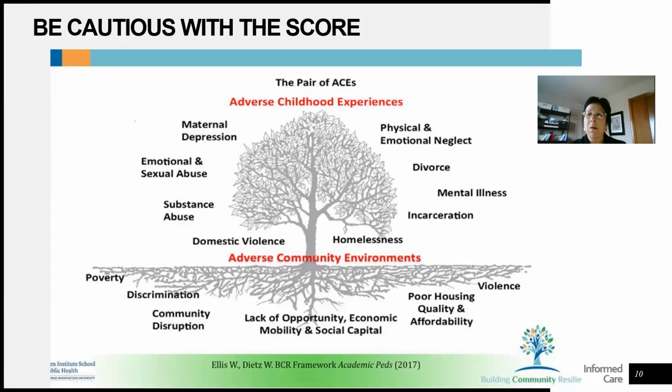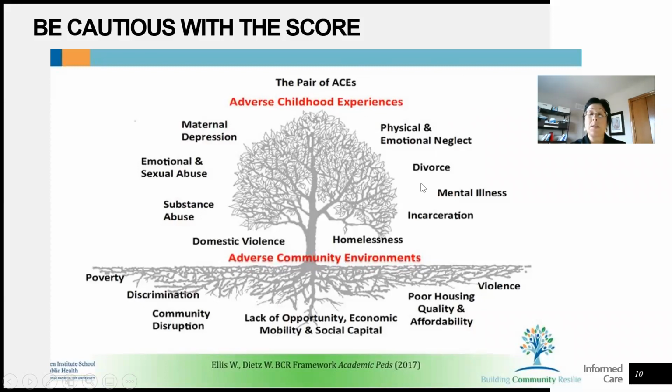So we are on page 10 of the PowerPoint. And one of the things that has started to have a lot more conversation is centered around the ACE score. The ACEs scoring system is for the medical profession primarily. It is also for students who are 18 years and older.